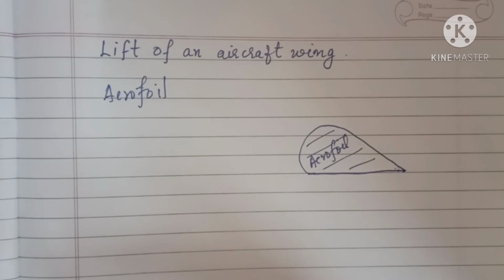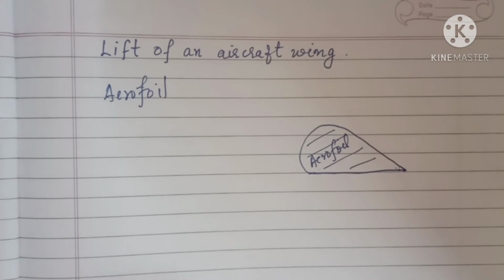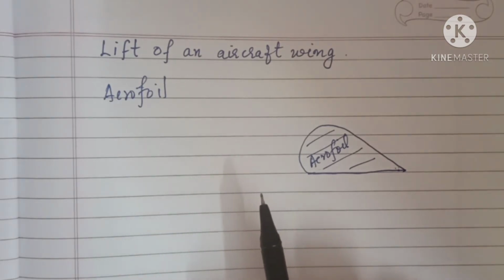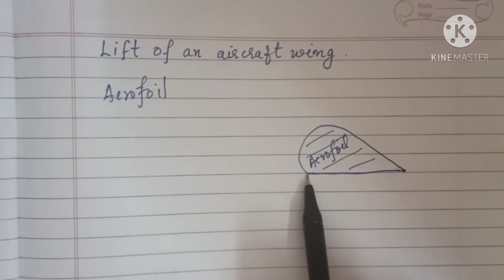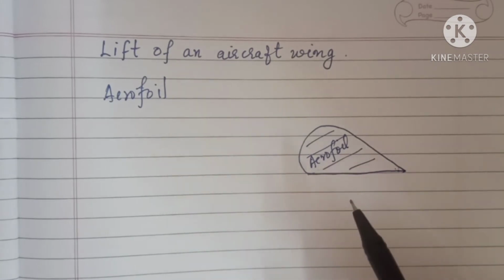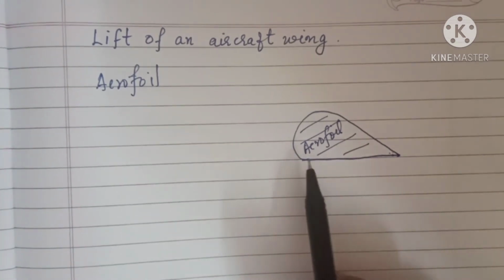Maybe you have studied in your smaller classes about the streamlined shape, isn't it? The fishes in water, then aeroplanes, and such vehicles are given a particular shape in order to move through air or through liquid. Why? Because if it wants to move in a fluid without any drag, it should have a particular shape, and that shape is like this. That is, the upper surface is more curved than the lower surface, and the front edge is broader than the rear edge. As the aircraft moves, what will happen?